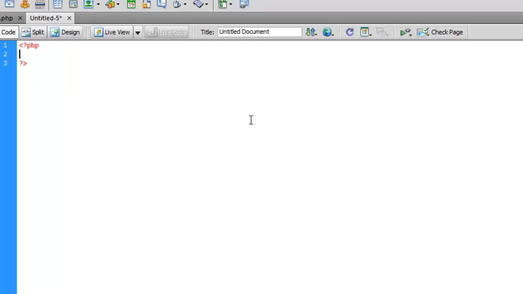So we open up PHP, we close out PHP, we put in session_start, and then we put $username equals $_POST['username']. We go $password equals $_POST['password']. Go if $username and $password